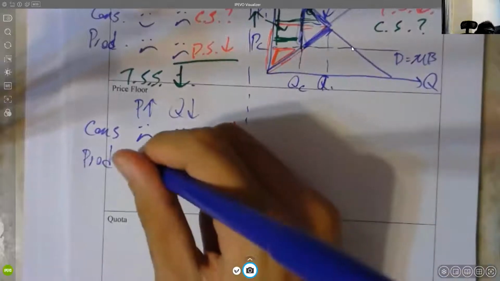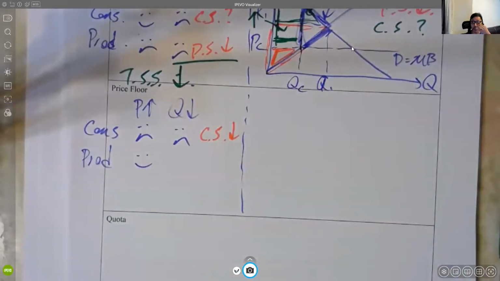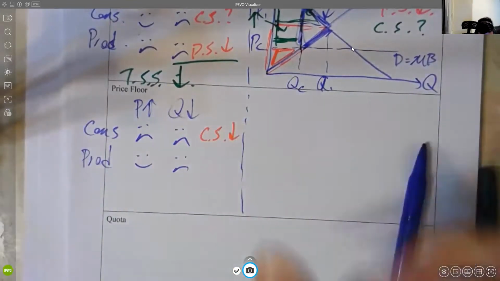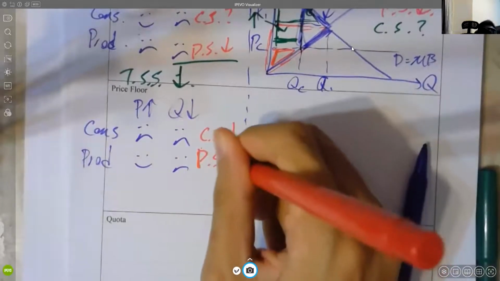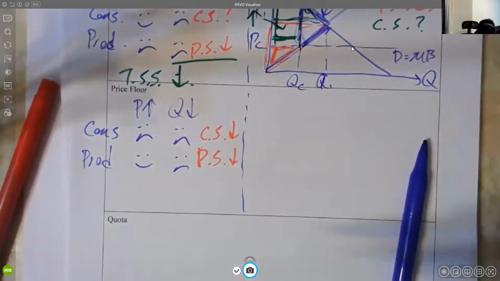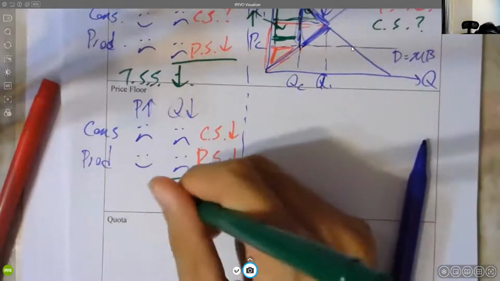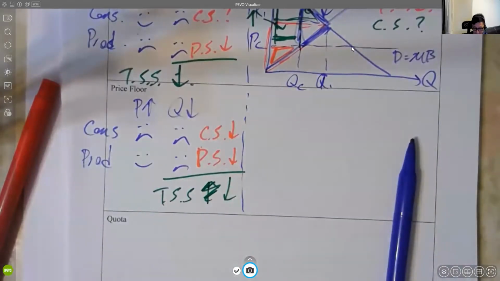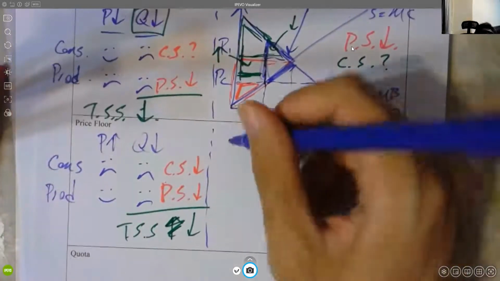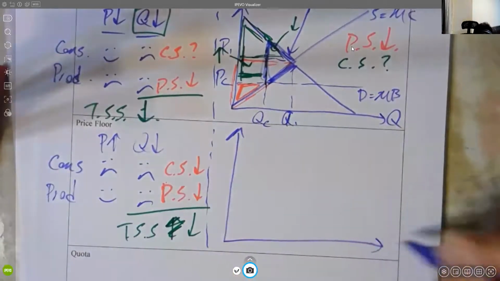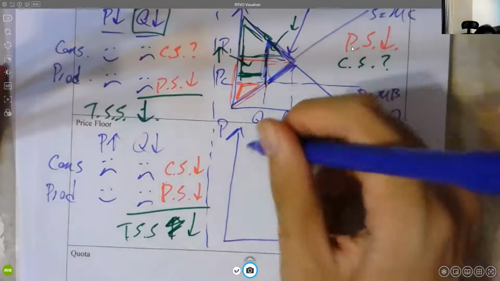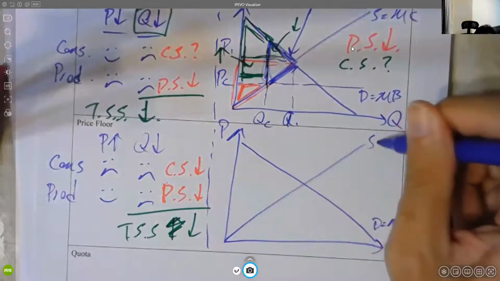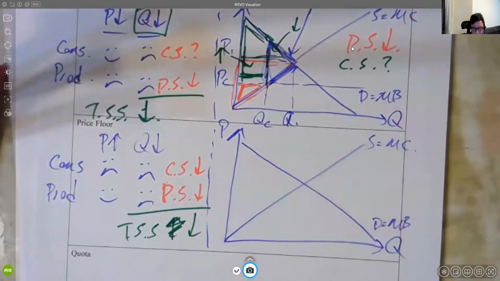Producers, you will see that they are happy, right? More expensive, they will be earning more, happy. But quantity drops, unhappy. So producer surplus would actually be unknown. But adding the two together, we know that TSS would actually decrease. All right? 好嘛? Now, graphically, it will be very similar to what we have in the above diagram. Okay, here we have our D equals to MB and S equals to MC. 好冇？好啦，睇住啦噃。